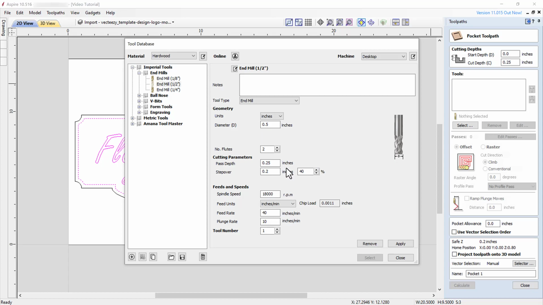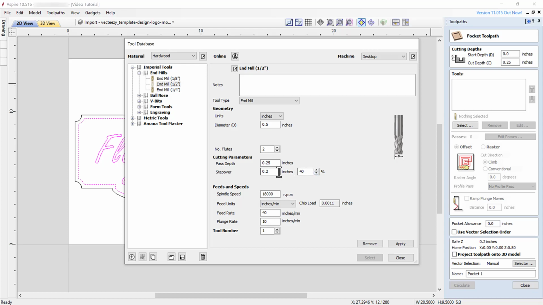A reasonable pass depth in our theoretical case would be 1/2 of the diameter of our bit, which would be 1/4 of an inch. A standard step over for a pocketing tool path would be 40% of the width of the end mill, which amounts to 0.2 inches.